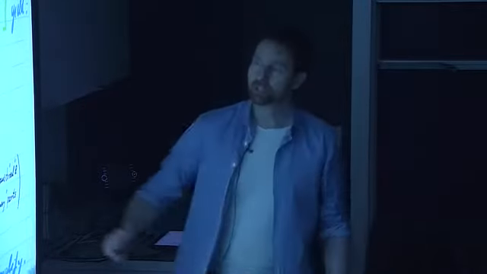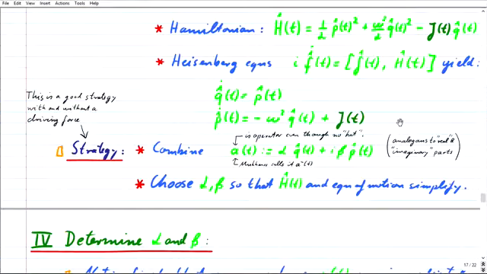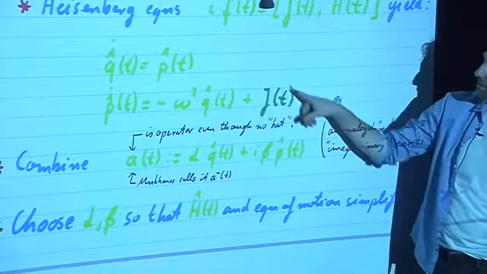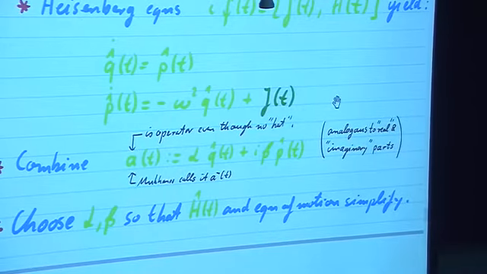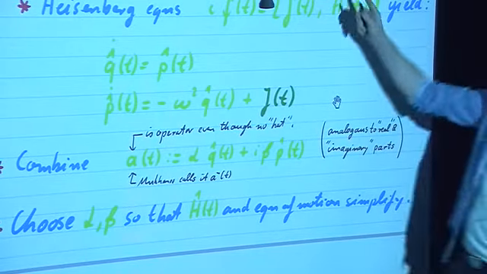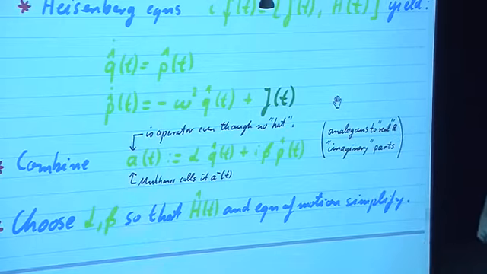A quantum harmonic oscillator driven by a classical driving force, J of t, which could be an electromagnetic field here and a classical current racing up and down the antenna there. In order to solve such a problem, we now introduce